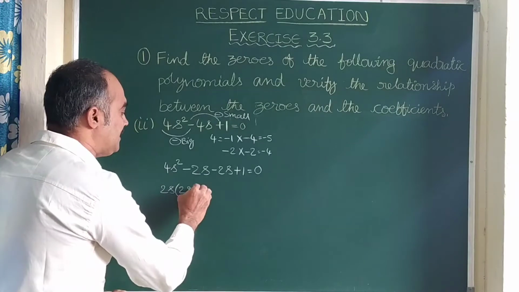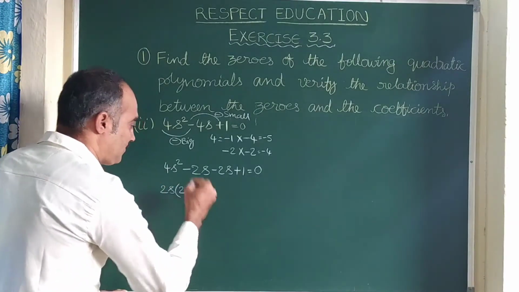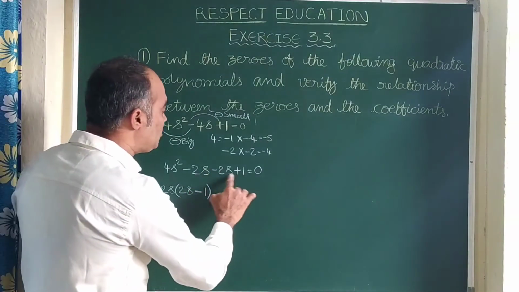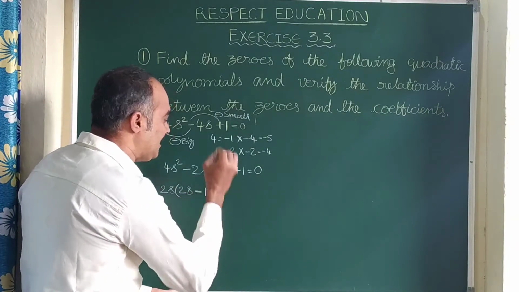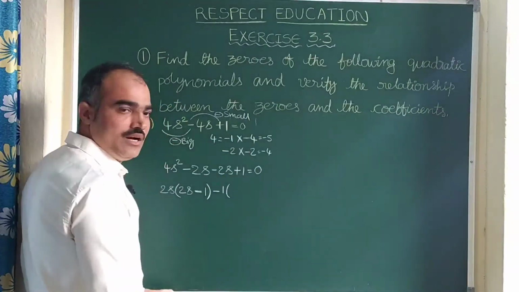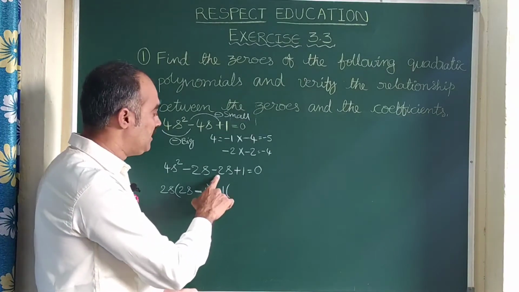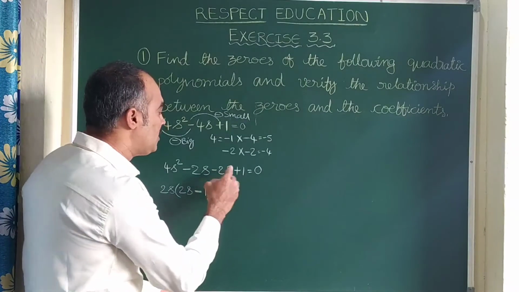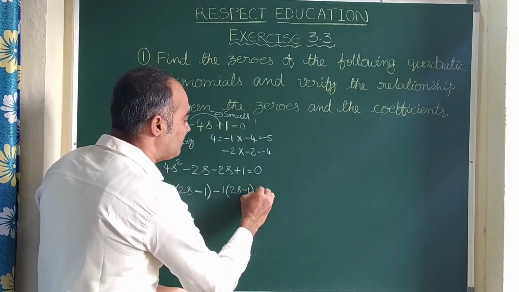See, 2s is there, that complete 2s are taken as common. So here only 1 is left. In these two, no term is common. Here the symbol you see is minus. If no term is common, we can take 1 as common. Now here, if I take minus common, we have to change the symbols. Minus 2s becomes plus 2s, plus 1 becomes minus 1.